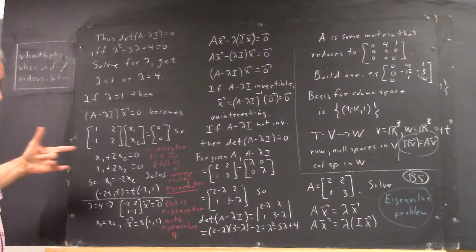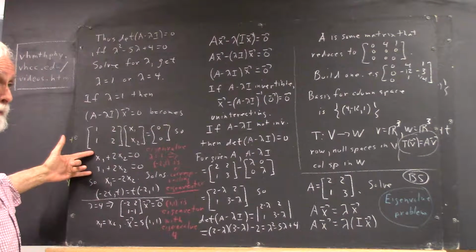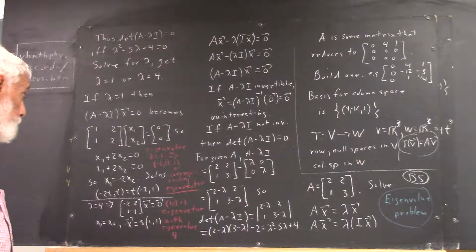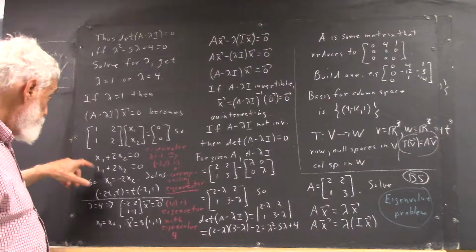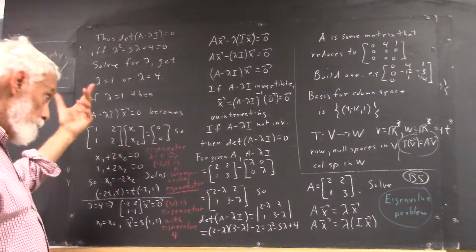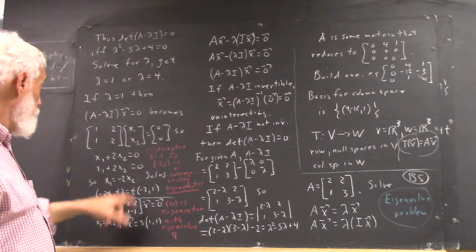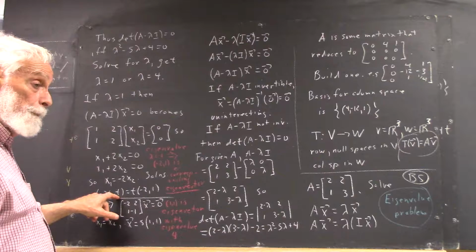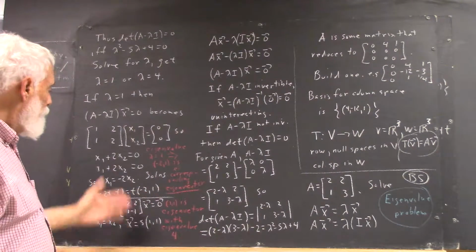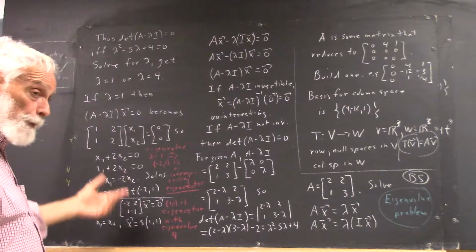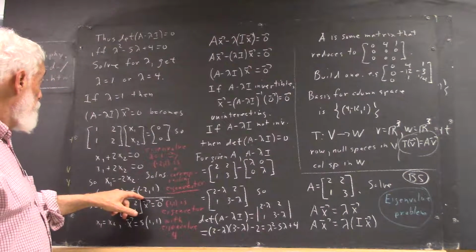And in this case, the two equations are identical. In general, they will either be identical or they'll be multiples of each other. So x1 is equal to negative x2. If you choose x2 as your free variable and call it t, you have negative 2t, t, and that's equal to t times negative 2, 1. Meaning that any non-zero multiple of negative 2, 1 is going to have the property